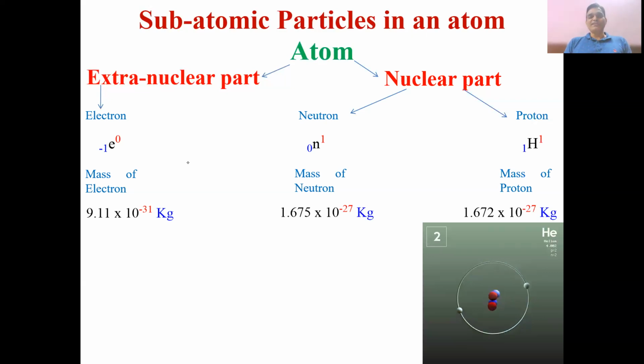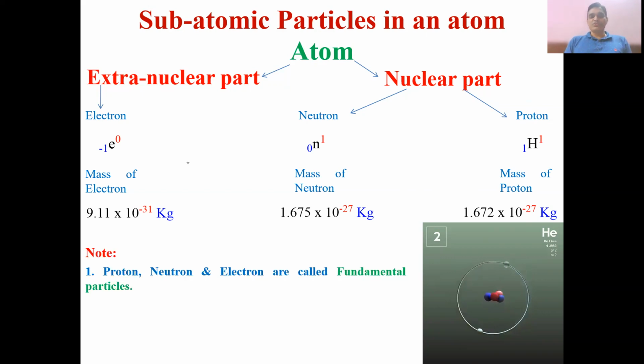But generally a very simple question is asked in competitive examinations about which has slightly greater mass. The mass of the neutron is slightly greater than the mass of the proton. As you can see, the mass of the proton is 1.672 multiplied by 10 raised to the power minus 27 kilogram, while the mass of the neutron is 1.675, with a 5 at the end, while in the case of the proton, the mass is 1.672. So always remember that fact: the mass of the neutron is slightly greater than the mass of the proton.